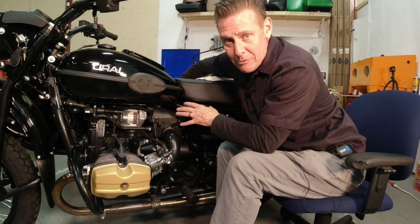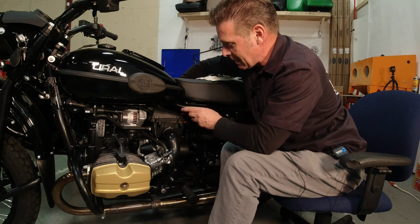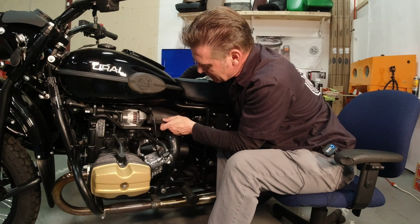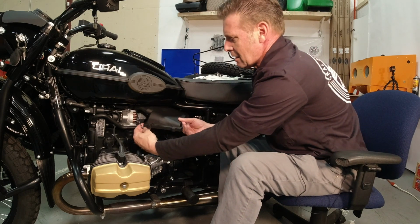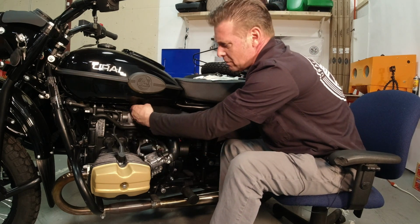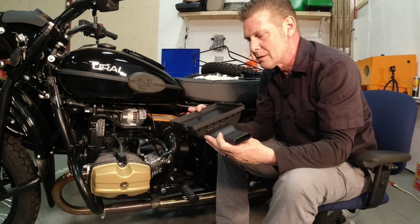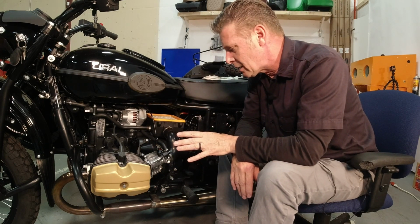If you have anything aftermarket you've added, like a battery tender cable or whatever, make sure that's out of the way. And then you're just going to gently slide and maneuver and pull it out of the way. See, not too much to it. Whether it's a new bike or an older bike,